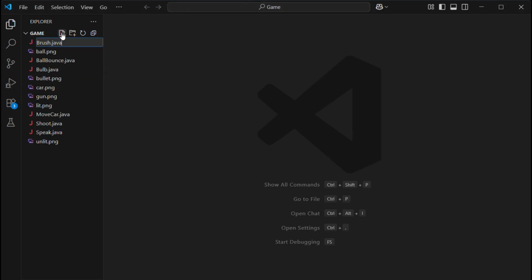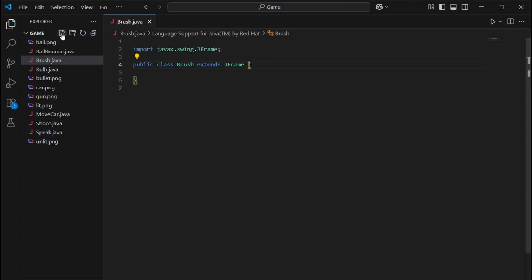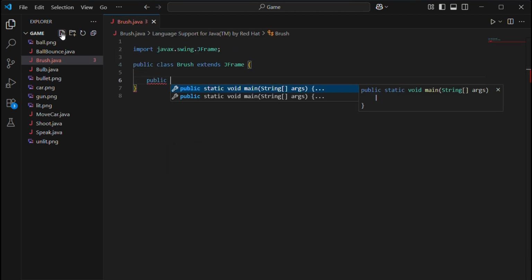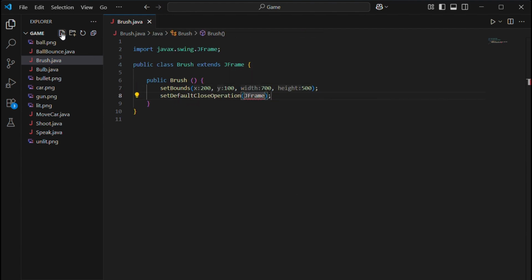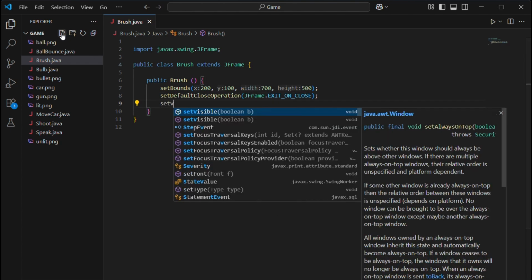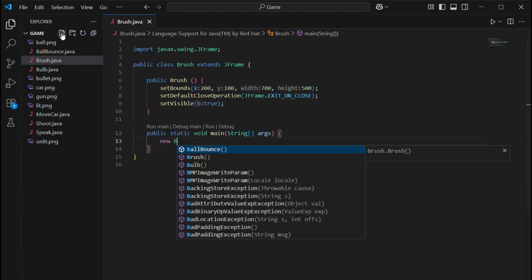First create a file brush.java, extend it with JFrame, create the constructor, call the setBounds method with x 200, y 100, width 700 and height 500, call the setDefaultCloseOperation method, pass JFrame.EXIT_ON_CLOSE, call the setVisible method with argument true, write the main method,